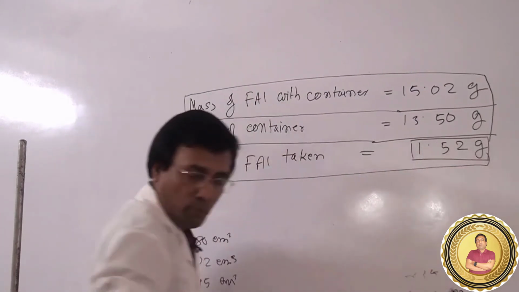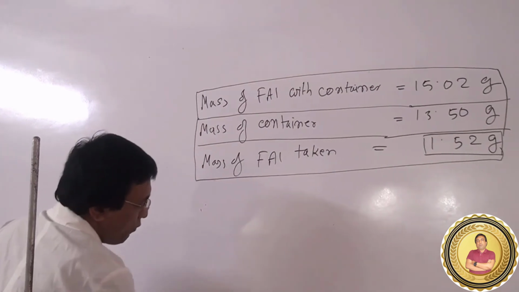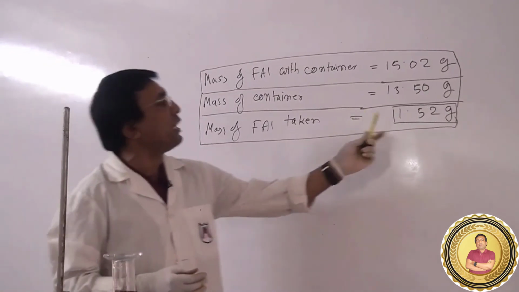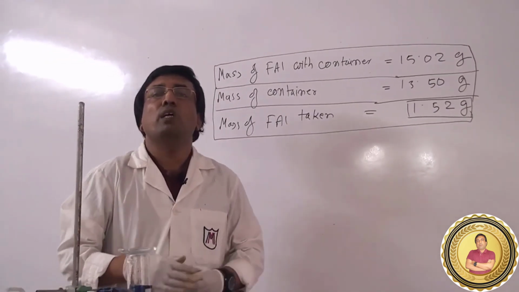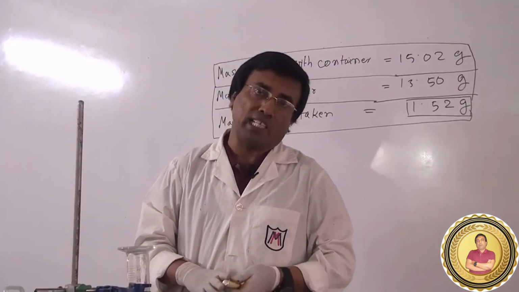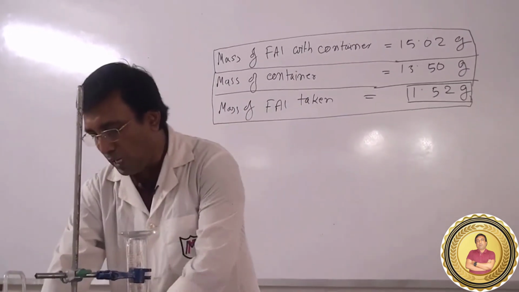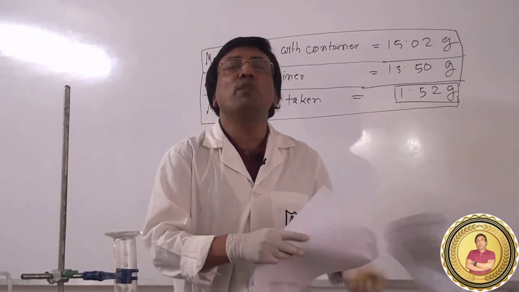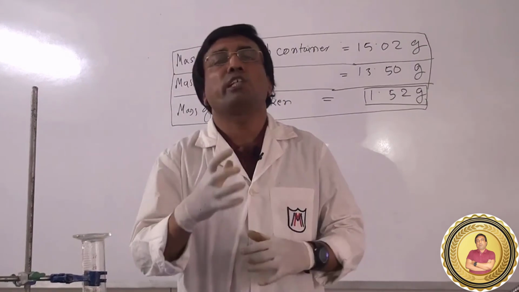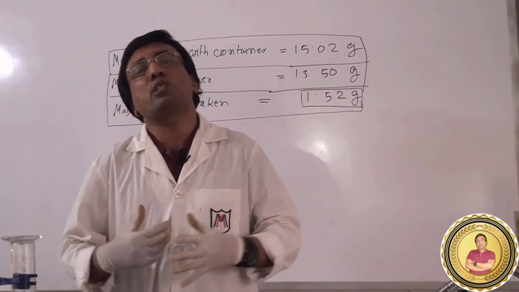By taking this data, we have to prepare a data table in the space given in your question paper. Already we have noted the readings of time, and now using the time and the corresponding volume of gas produced, we will have to plot a graph, and from that we will have to find the rate of reaction according to the next part of the question, and that will be shown in your classroom.